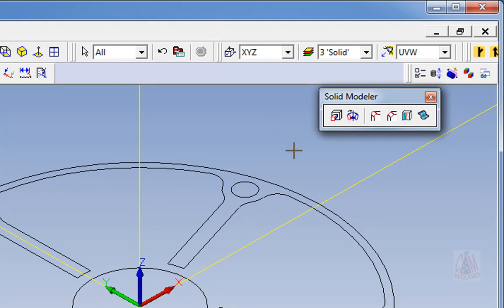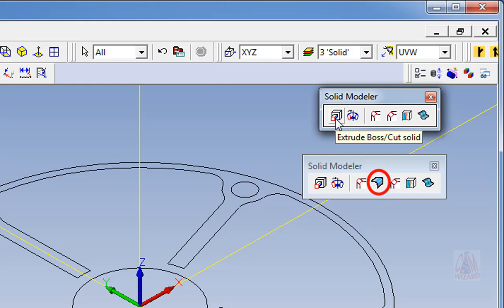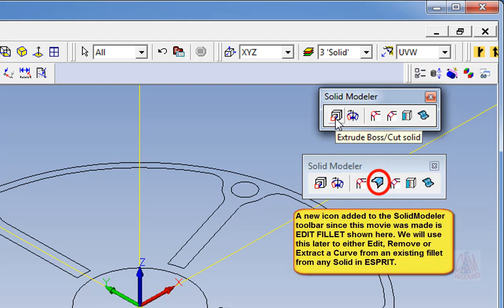Now, in all these exercises in this essentials group of tutorials, we're going to build solid models out of every exercise. So while each part may not cover all the aspects of a solid modeler, we will at some point get through all of these. But let's talk about what the basics are. First one is extrude, boss, cut, solid, which just simply means we're taking some geometry or a feature and we're extruding it a distance, okay? Just extruding it. So it's a straight up and down extrude.